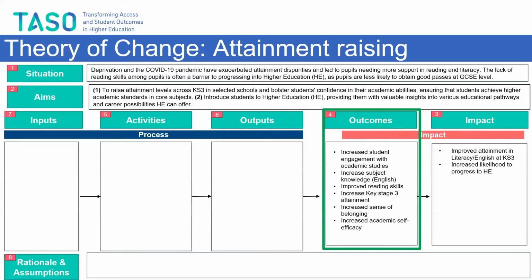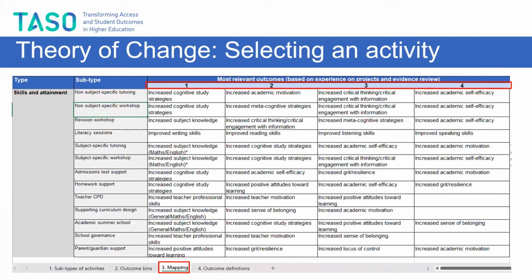So now at this point, we can populate our outcomes column with the outcomes we've just selected from the outcome bin. And now we start to think about which activities we believe can help us achieve these selected outcomes. And now we're thinking about this element that Sarah said about mapping. So again, I'm now going to go to the mapping tab of the MOAT spreadsheet, and this can help me do this. So in this mapping tab, again, we want to re-identify the relevant outcomes we hope to achieve for